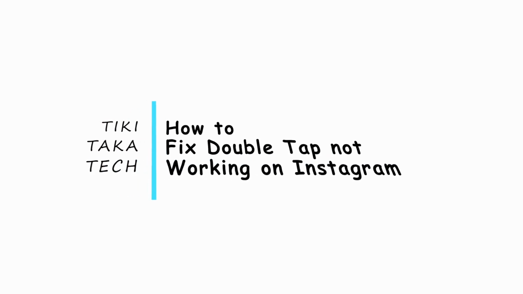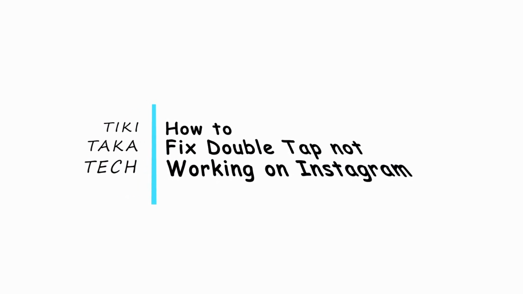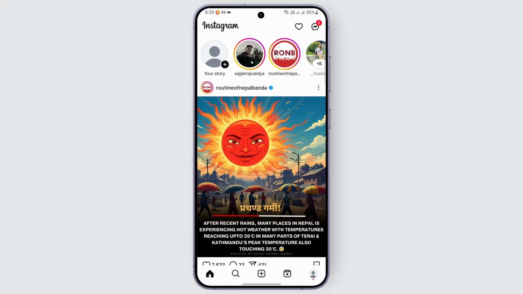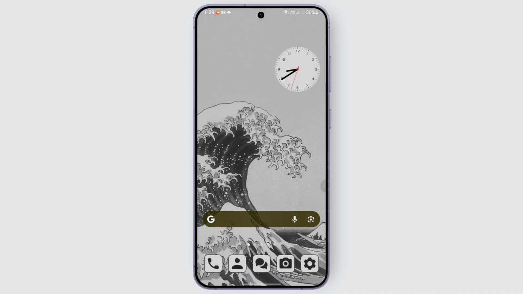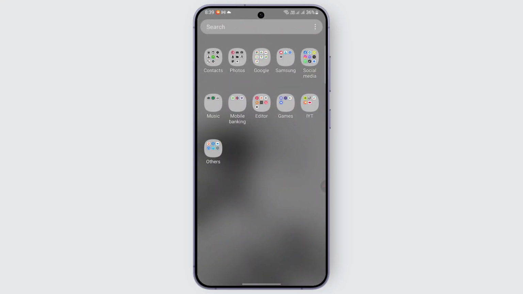How to fix double tap not working on Instagram. So if that feature is not working on your Instagram, you may follow this step. First of all, close your Instagram completely and wait for a while, and you can restart the app or the device,